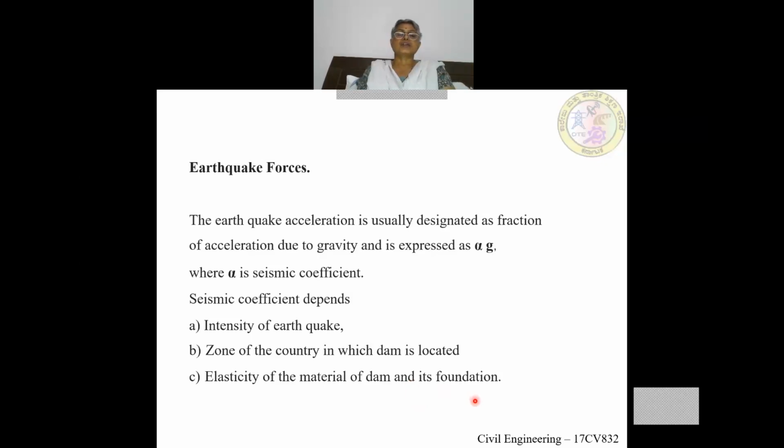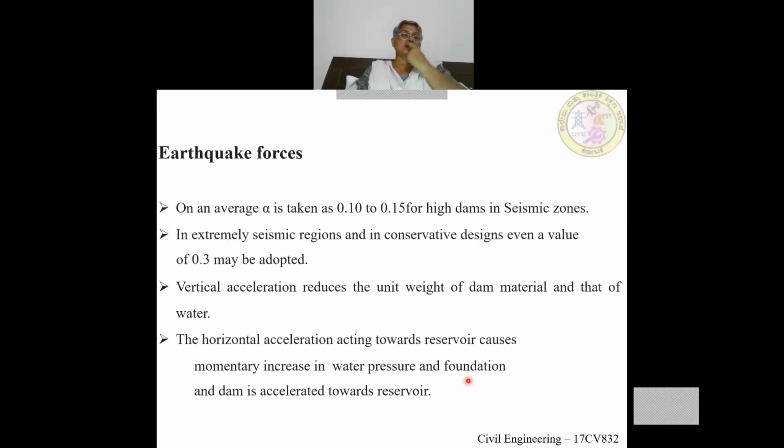The value of alpha is taken as 0.1 to 0.15 for high dams in seismic zones. If the region is extremely seismic, then a value of 0.3